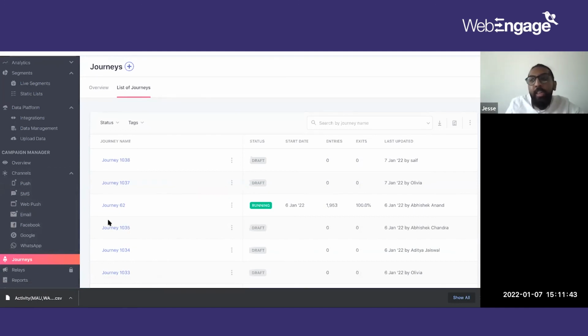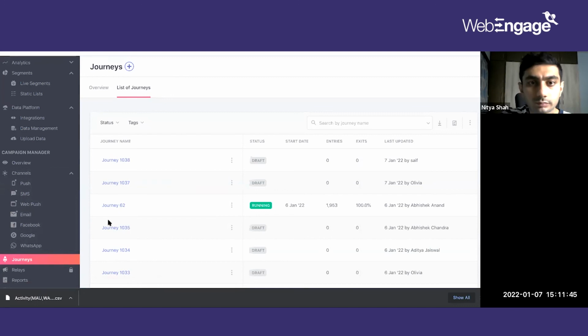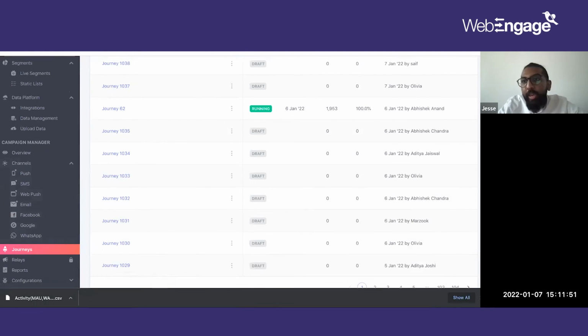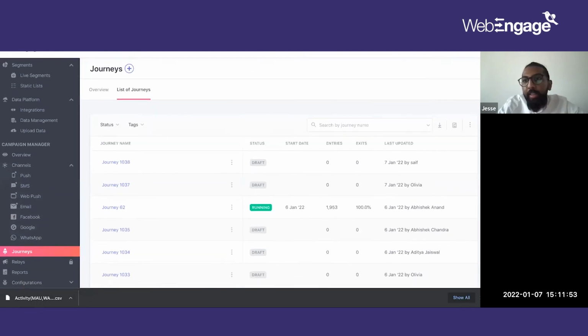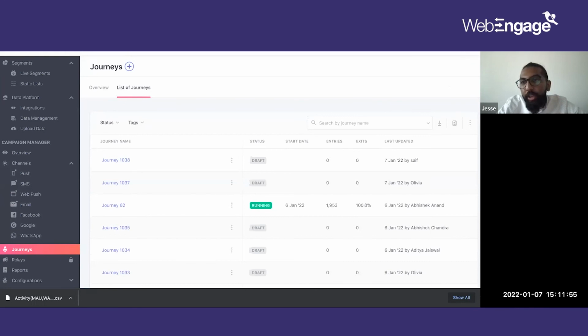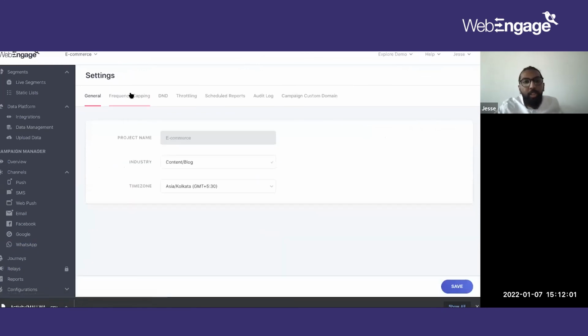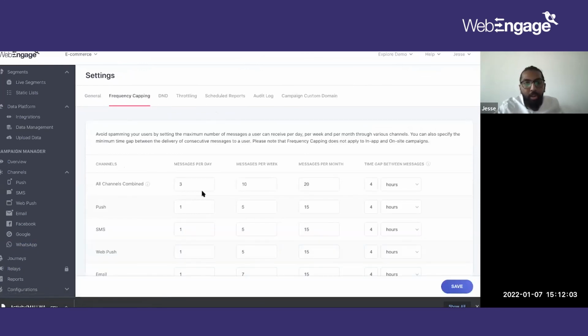So more than a channel view, I would want to set a time gap between your communications. If you go to the settings, I'll quickly show you that as well, because I think that's important. If you go to the settings section, you have the option to do frequency capping, DND and throttling.